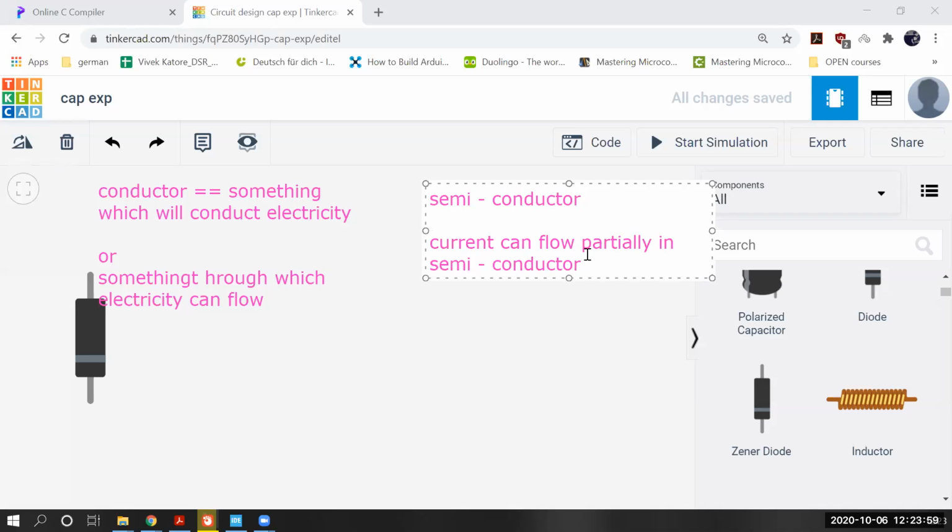Got it? Just like, yes, it's true. The T is gone, I made a typing mistake. It should be "the" or "used". So, current can flow partially in a semiconductor.